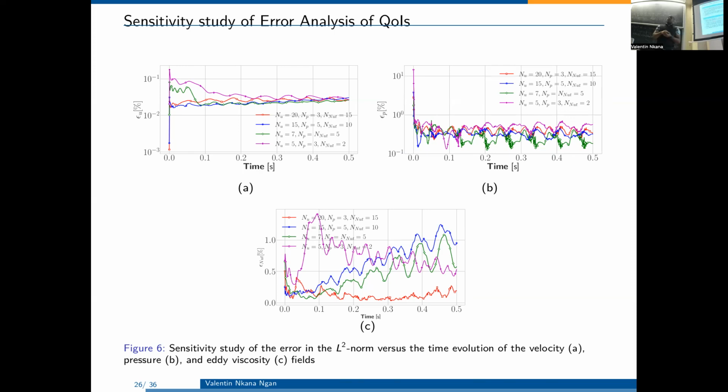The more modes you use, the more accuracy you can get. But you have to pay attention, because if you increase the number of modes too much, the computation time may be greater than the computation time of the full problem. So it depends on what you're looking for, accuracy or stability. So it depends.